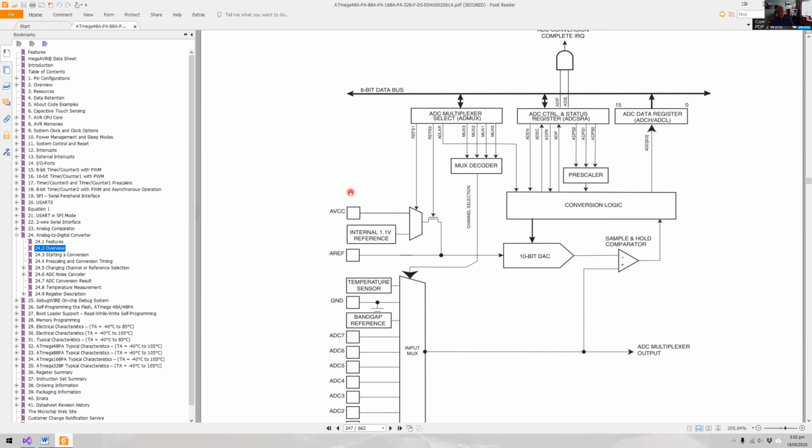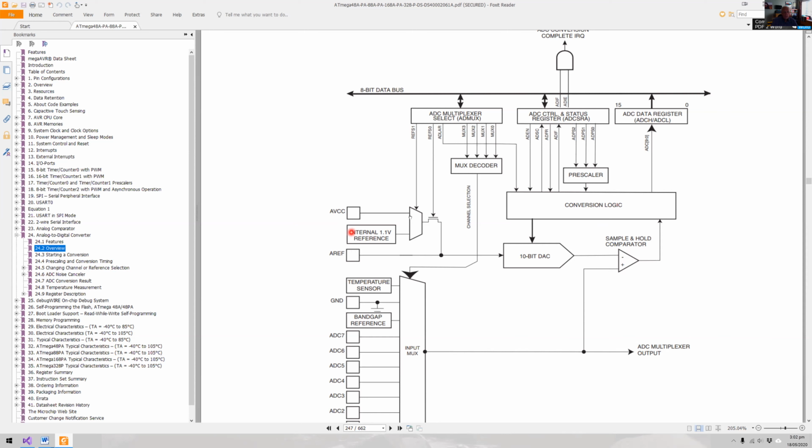AVCC is pretty much always connected in some arrangement to VCC, so these 2 voltages will be the same, certainly not more than VCC. That means this voltage here is 5 volts. So we could be doing our comparison against the 5 volts on the Nano, or against the 1.1 volts, or we could plug in a separate reference voltage if we want to, and do a